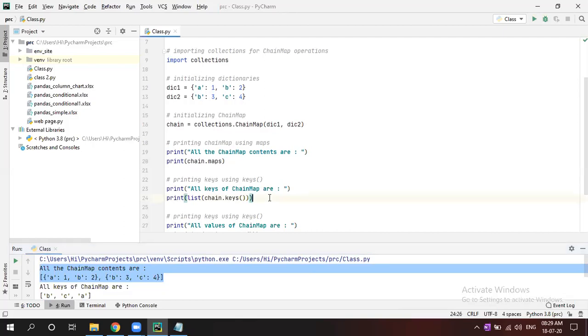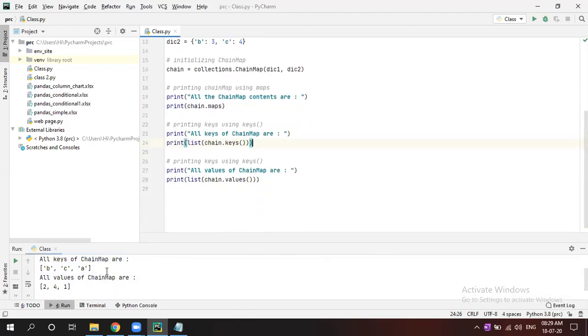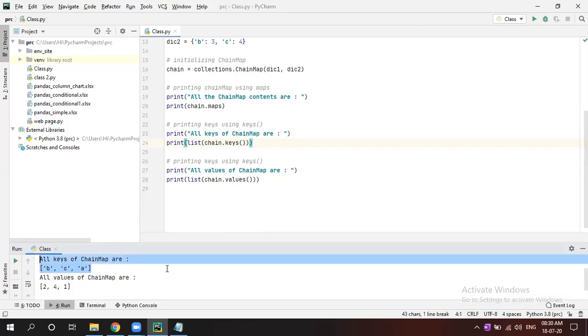Here B is there 2 times, so B won't be given 2 times. It will give B, C, A. If you see the output, it gives B, C, A. Now, how to see the values? If you write chain.values, it will give the values. So what are the values?